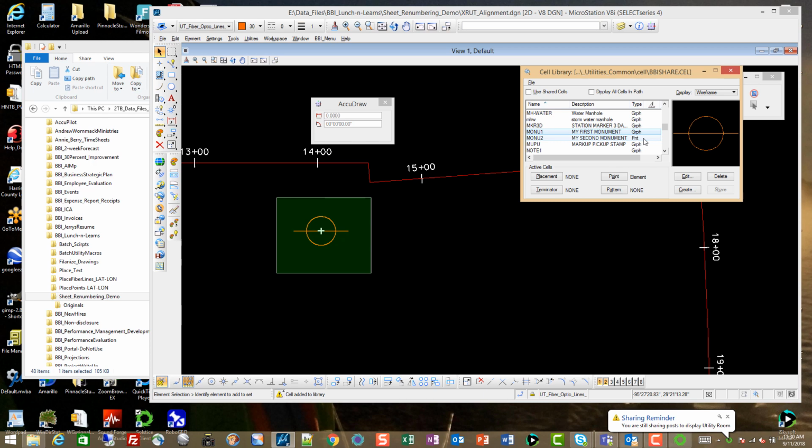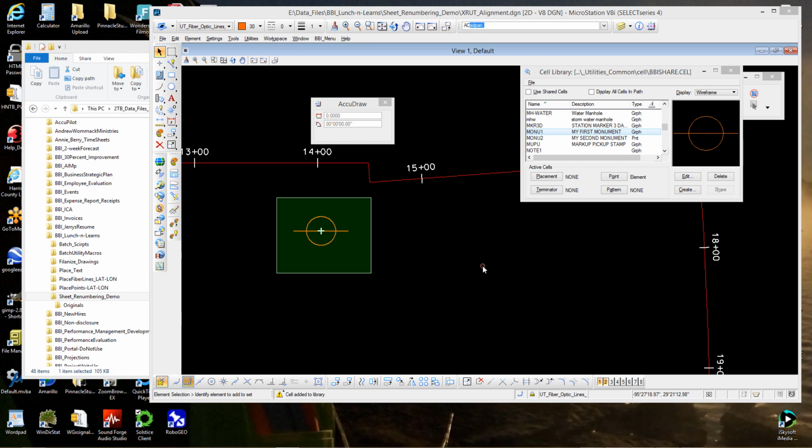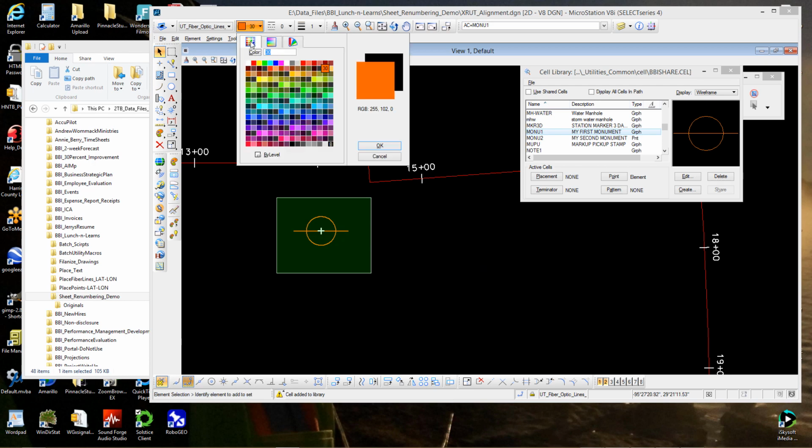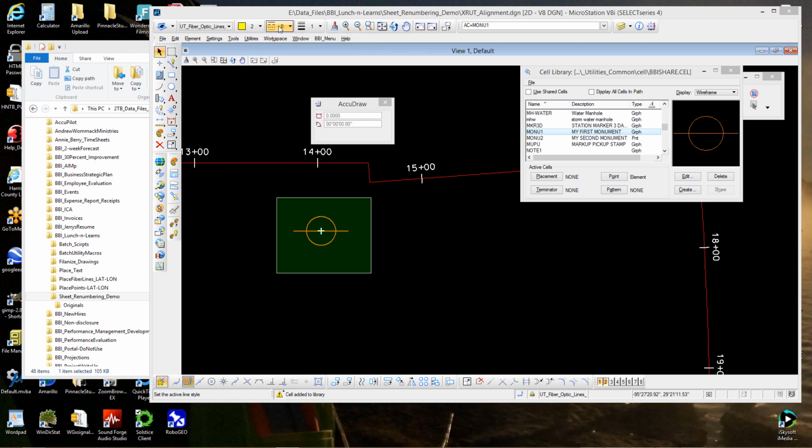And sometimes these cells are created on purpose, they were defined properly because that's the way you want it. Now, if I place, I'm going to bring out the active cell, AC equal Monu1. But before I hit enter, let me come up here and change a few things. I'll change the color to yellow, line style to dotted, and the weight to a 3. And I will say bring out Monu1,